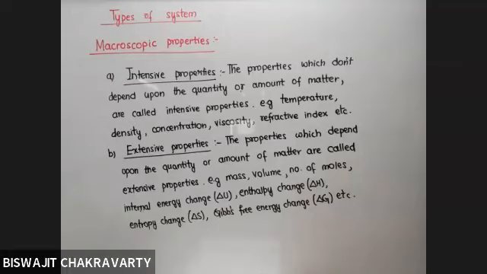So when I say extensive properties, you must be aware of what exactly is extensive. That means those properties which depend upon the amount of substance. If the amount changes, these properties will also change. If there is a decrease in the amount, then there will be a change in that property. But again, the properties like viscosity. What is viscosity?